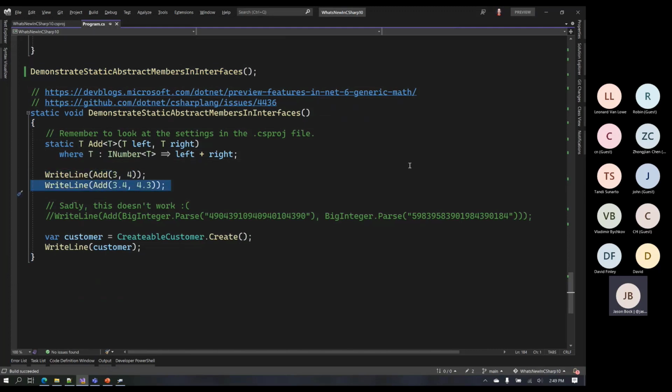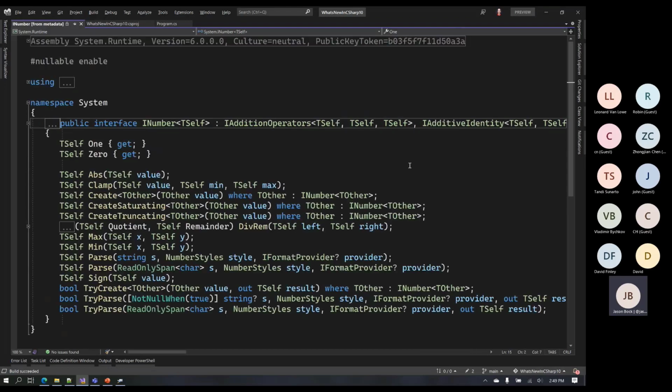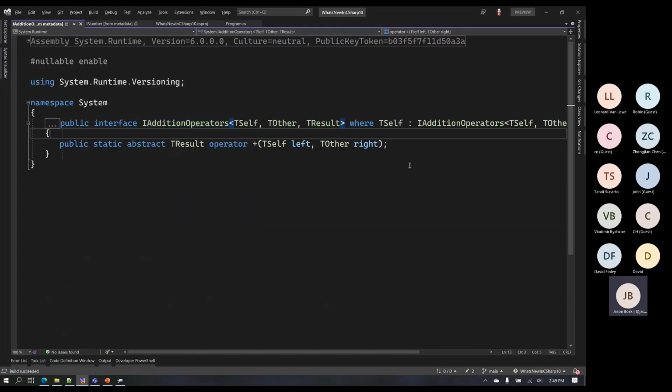The reason why is if I go to the definition of INumber, you notice that it implements a whole ton of interfaces. The one we're going to dive into is IAdditionOperators. That one has a static abstract member that is an operator. So it's saying if both sides implement this interface, then I can use the plus operator on them.